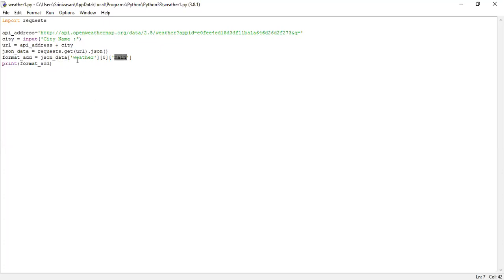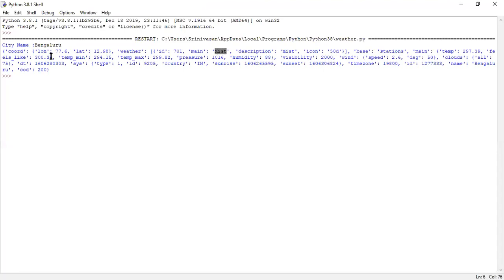Yeah, very good. So what is this actually? Is it a list or a dictionary? Dictionary, sir. Very good, super. So let me run that program again. See here, where is the dictionary part here? Is this weather a dictionary? It's the key, sir, which has another list. Yeah, correct, which is the dictionary.